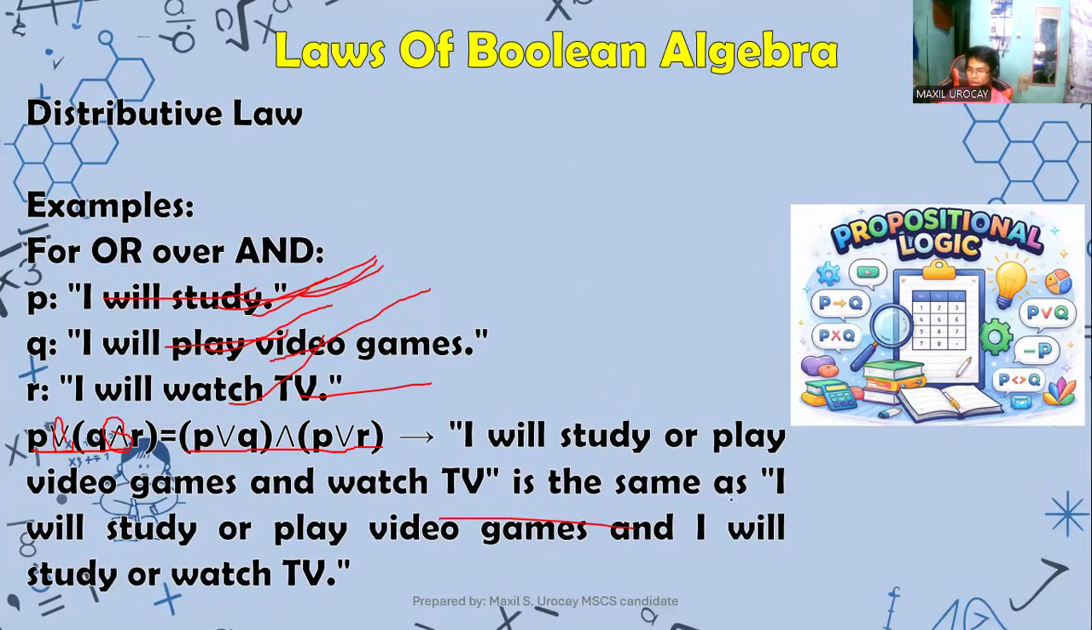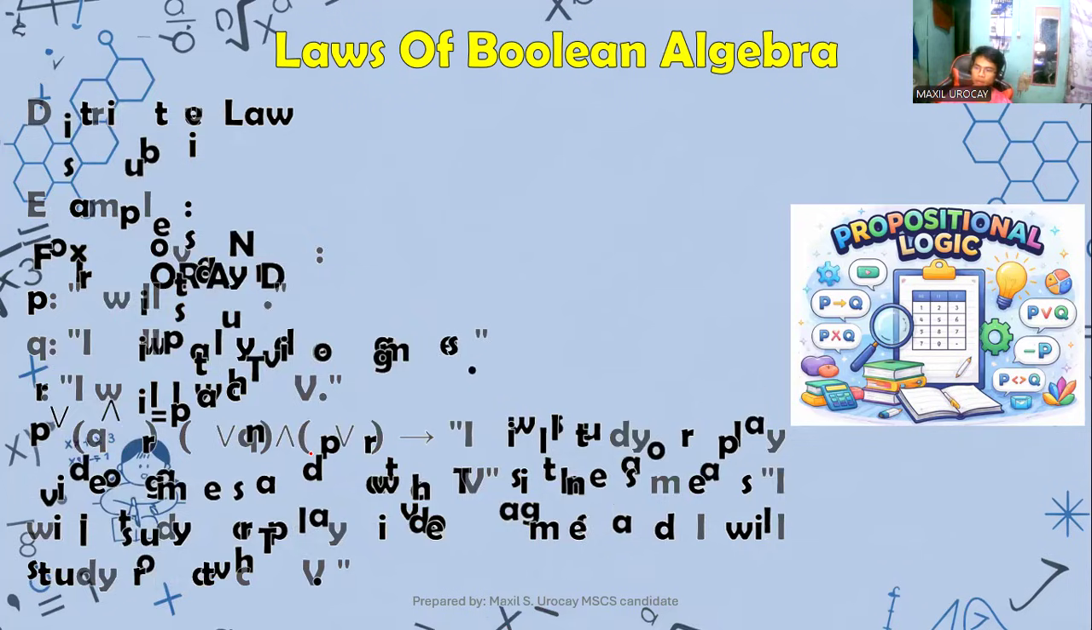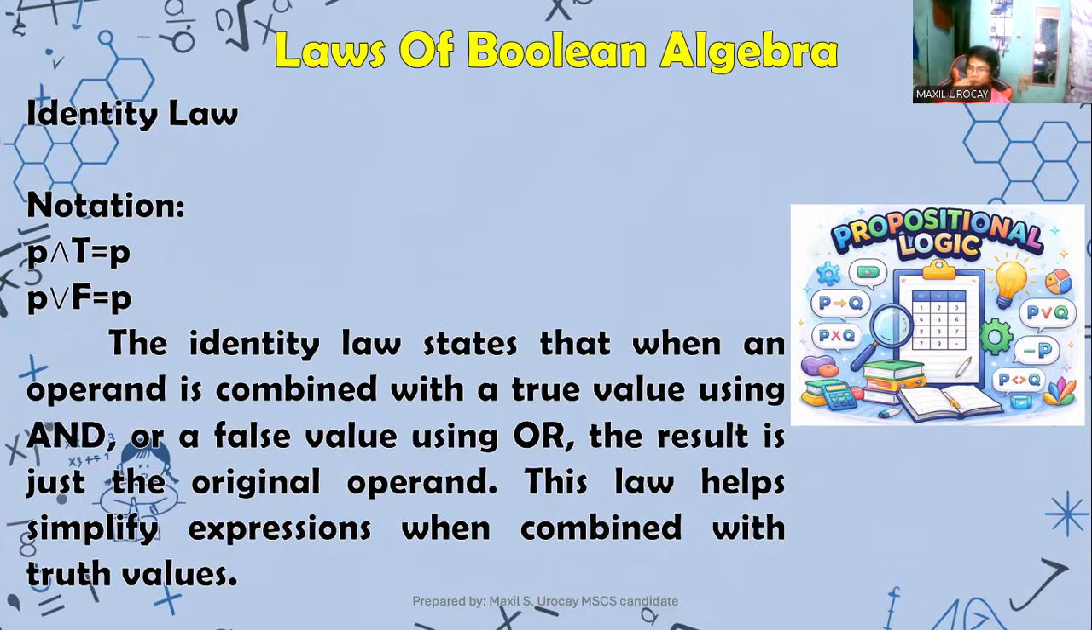Yeah, that's correct. I will study or play video games, and I will study or watch TV. So remove this one. So I will study or play video games and I will watch TV. It's fine. That's how it works. But it's okay if you did not sacrifice anything. That's okay. Now, for this one here, for identity law, it is